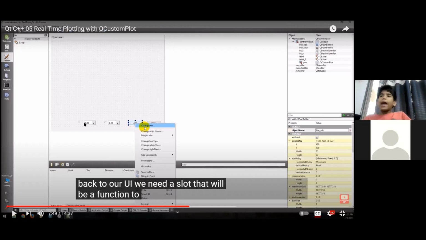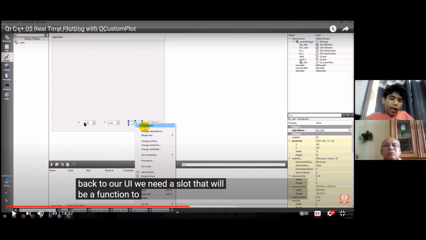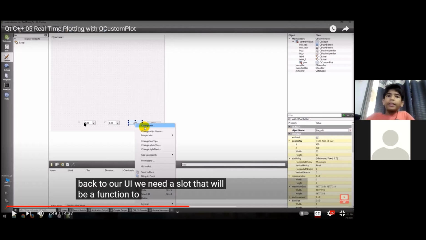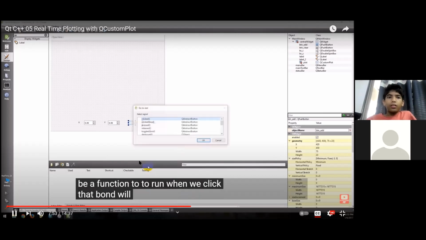Then when he clicks add, he adds a point. And when he adds a point, he can change the x and y values, and he can keep adding more points. And then he has also a second button, which is the clear button.